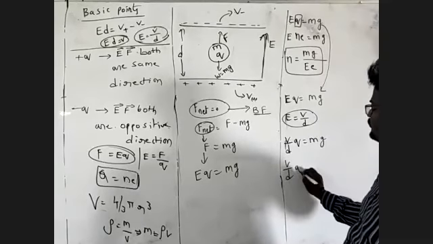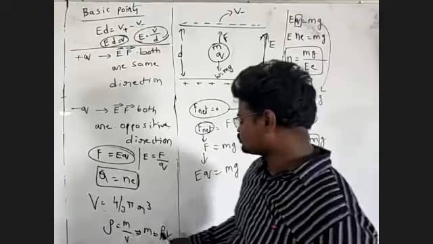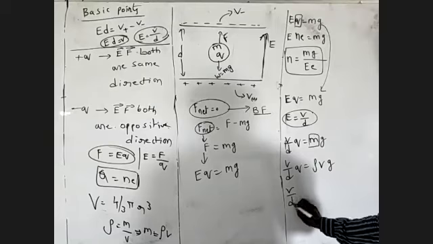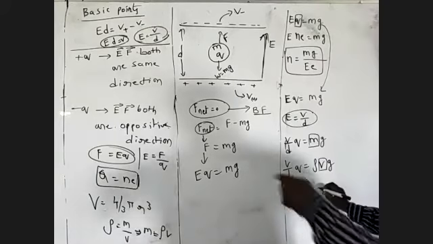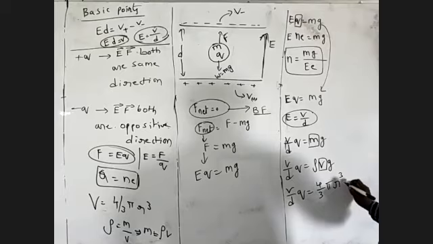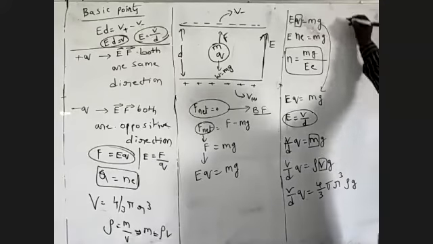V by D, Q is equal to mg, where m means mass, which is equal to rho V, so rho Vg. What is V, the volume of the sphere? The volume of the sphere is 4 by 3 pi r cube. Now 4 by 3 pi r cube and rho g. This is your equation.